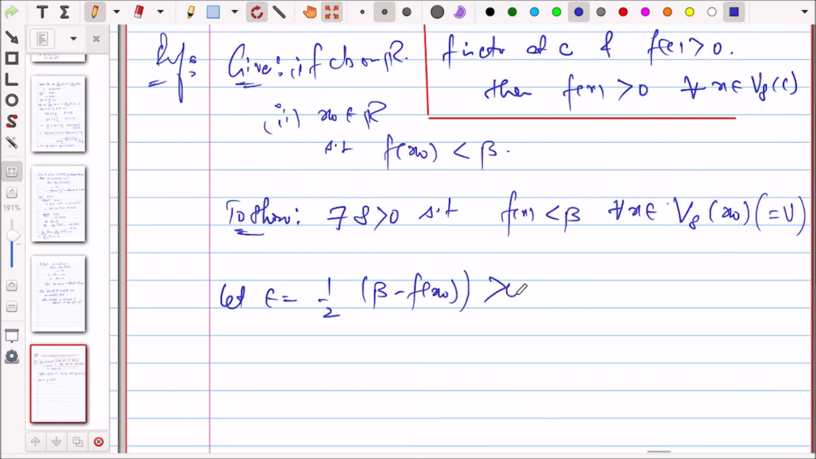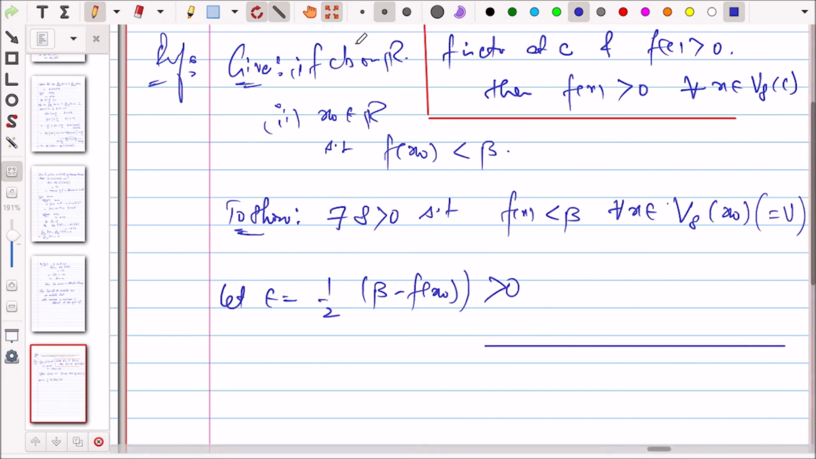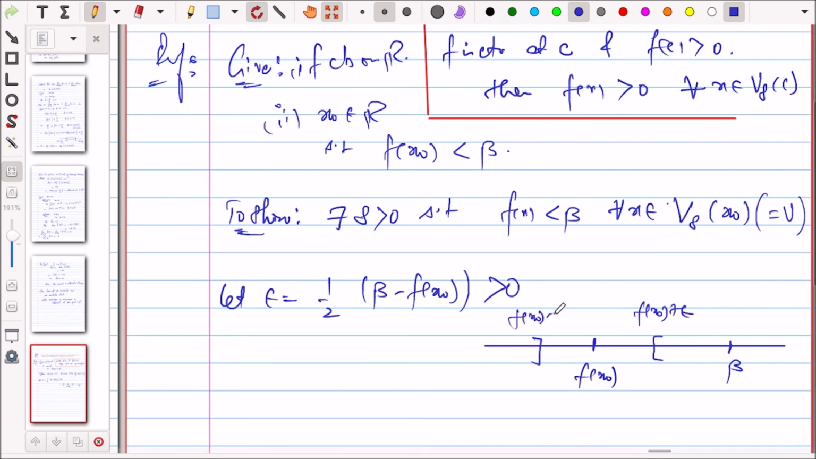So why are we choosing this epsilon? It is easy to see such things on the number line. If this is your beta, and this is your f of x naught, you want some delta. You take epsilon, so this is f of x naught plus epsilon, and this is f of x naught minus epsilon. Because f is continuous at x naught, there will be some delta such that all the points will lie in this region. That's why we have chosen epsilon equal to half of this distance. So for such an epsilon,